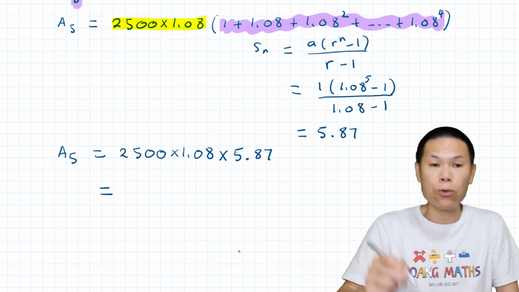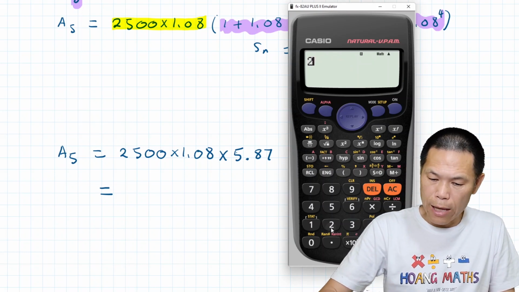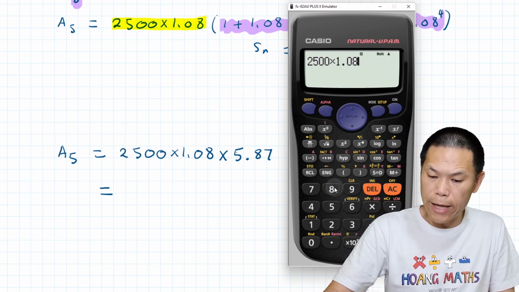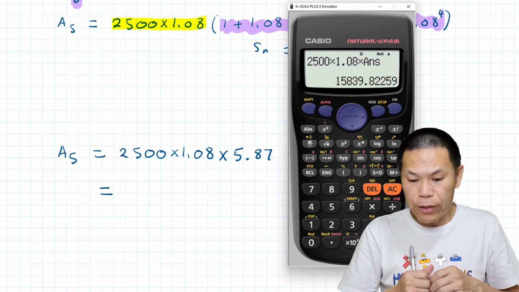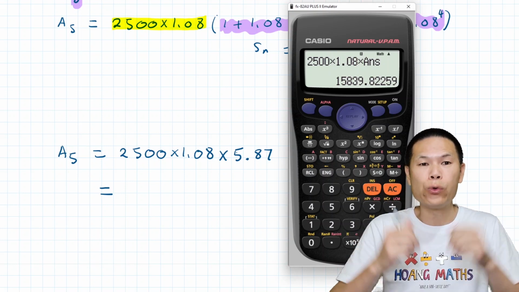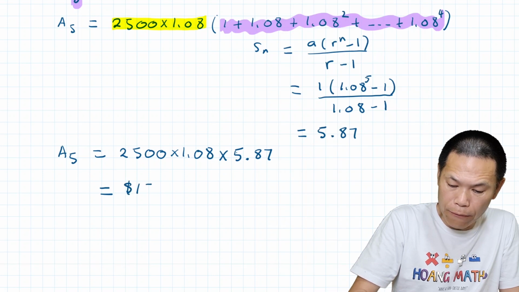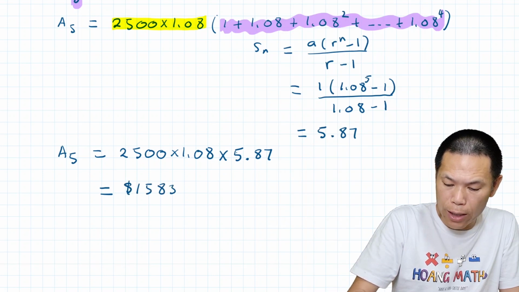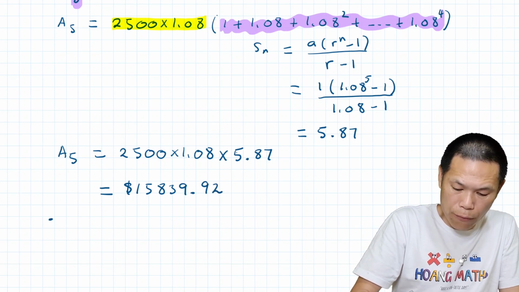So that is equal to, so what I do, I just put it down on a calculator. So that is 2,500 times 1.08 times the answer. So there you go, $15,839.82. So let me just write this down. So therefore,